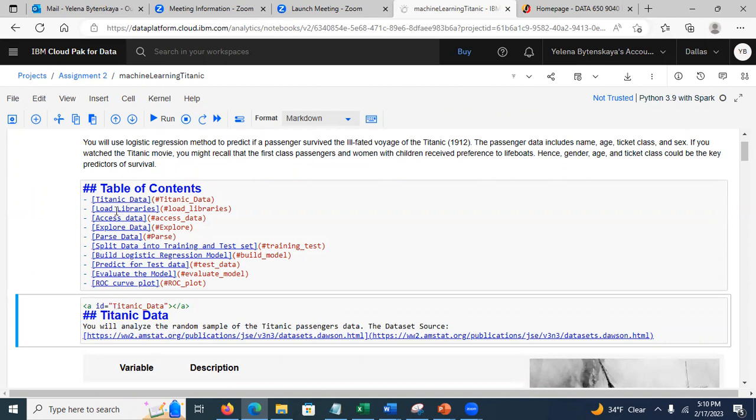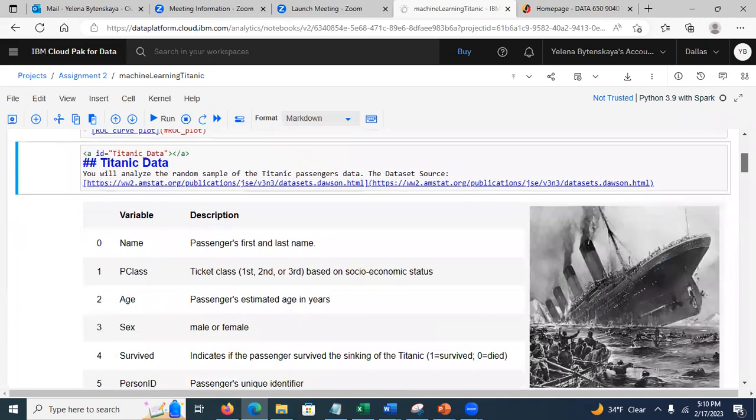Load libraries, you still have it. You have access data, parse data. See this, you can reuse these headings. These headings can be reused with exception. You're going to change this to low parse weight data, right? All right, and that's